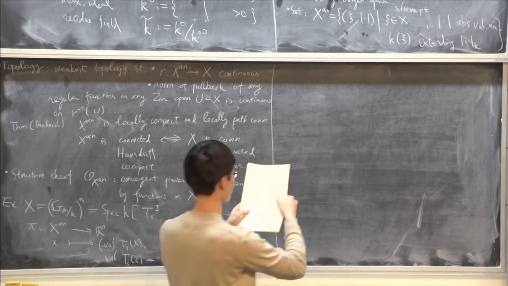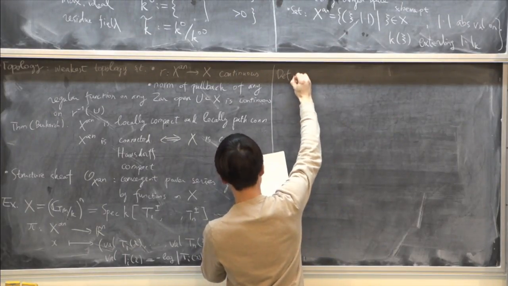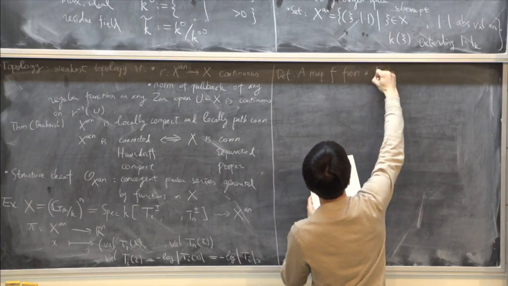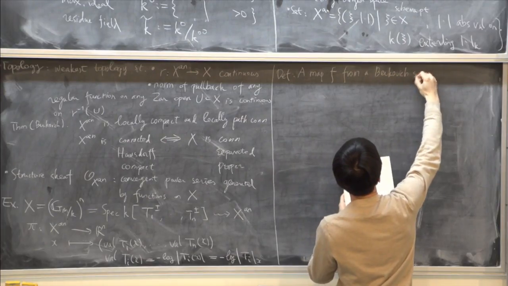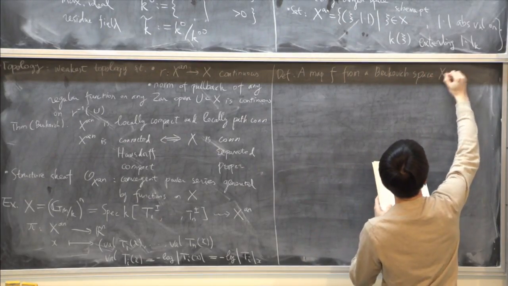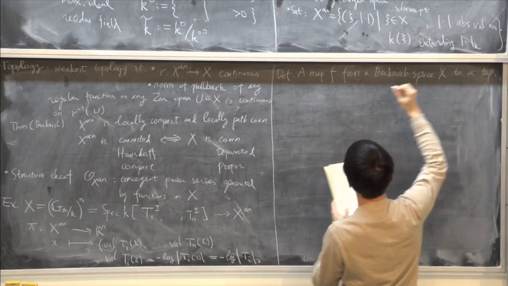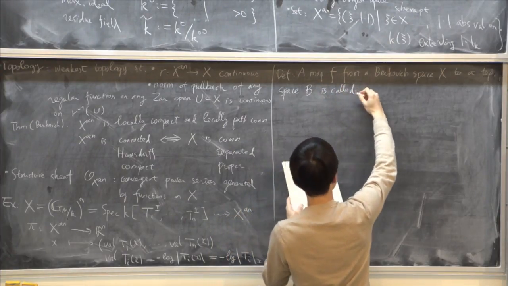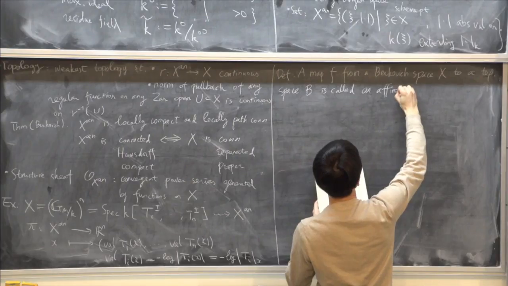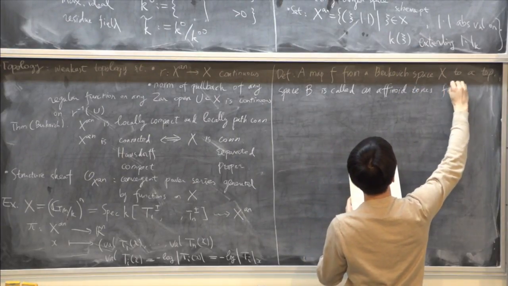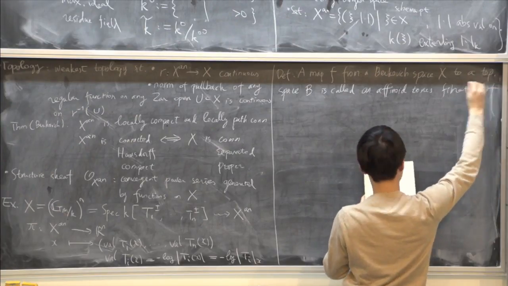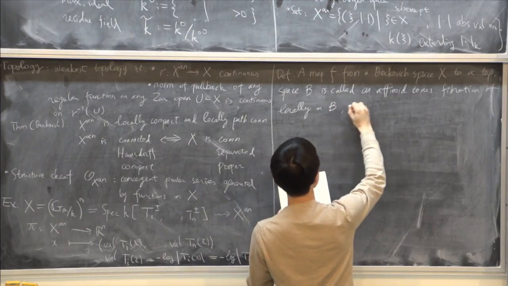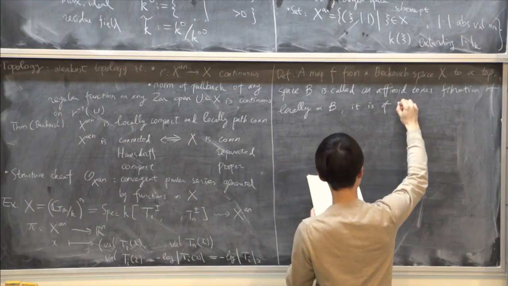Not yet. Let me define a map F from a Berkovich space X to a topological space B. It is called an affinoid torus fibration if locally on B it is of the form